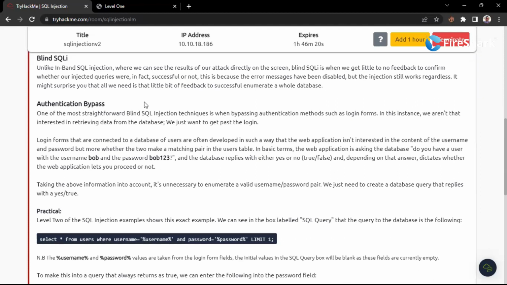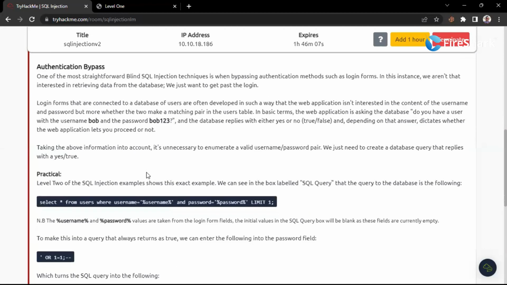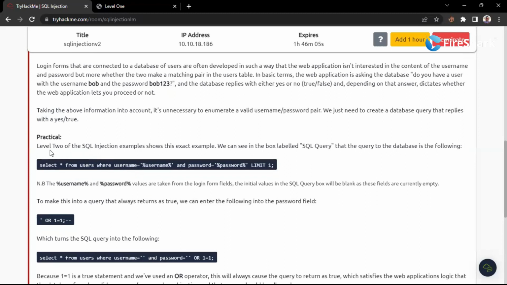Here in the blind one, we just send this request. The database replies with either yes or no, or true or false, and depending on that answer, the web application lets you proceed or not. So in the practical step, we'll do level 2 of the SQL injection example, which shows this exact example. We can see in the box labeled SQL query that the SQL